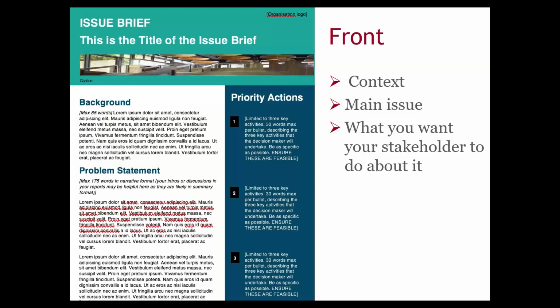Now, this might seem counterintuitive to researchers, because you would usually first put the results or the various points that you want the priority to focus on. But when we got feedback from decision makers, they said very clearly, I want to know on the very first page, what is the problem? So the title of the issue brief has to be a very clear call to action. And they really want to know what you want them to do. They said, if I only have 1 minute to quickly look at this, I want to know what you want me to do. So the priority actions are on the first page, and they're limited to 3.